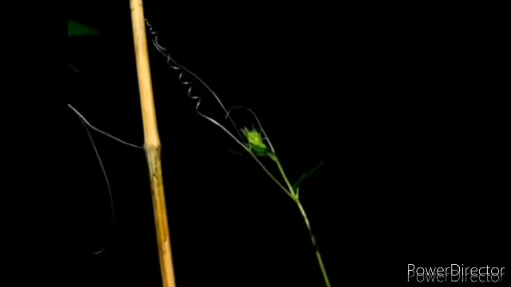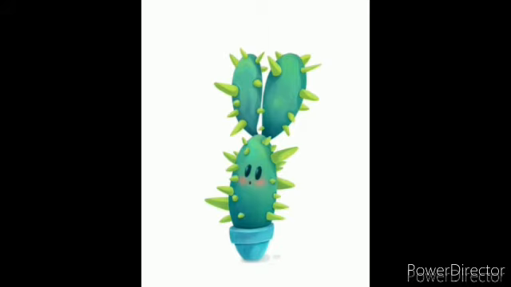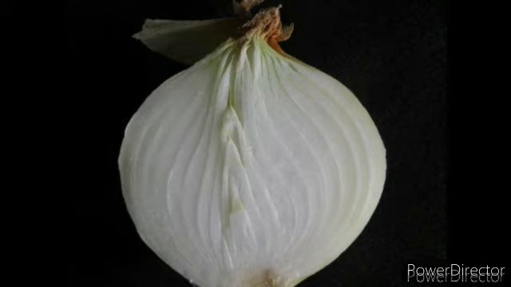Modification of leaf. First modification, the leaf tendril. In certain weak stem plants, leaves or leaflets are modified into coiled structures called tendrils. Second modification is the spine, where the leaves are modified into spines to reduce water loss, like in cactus. And the third modification is the scale leaves, as in onion and ginger, where there is a presence of thick and fleshy scales.